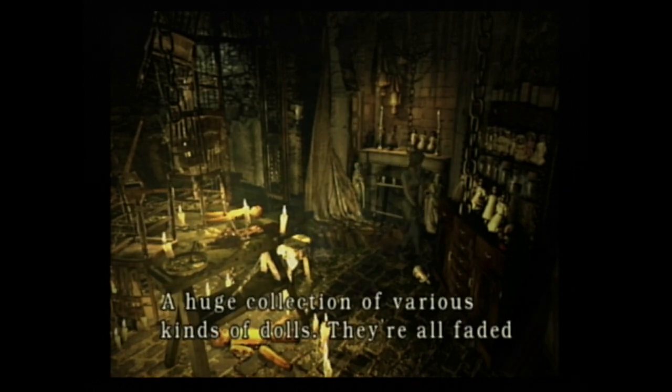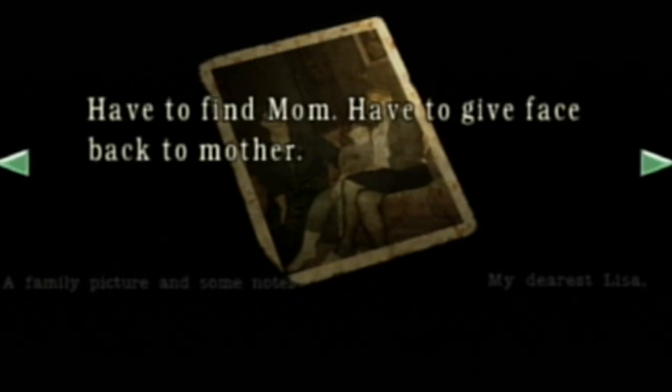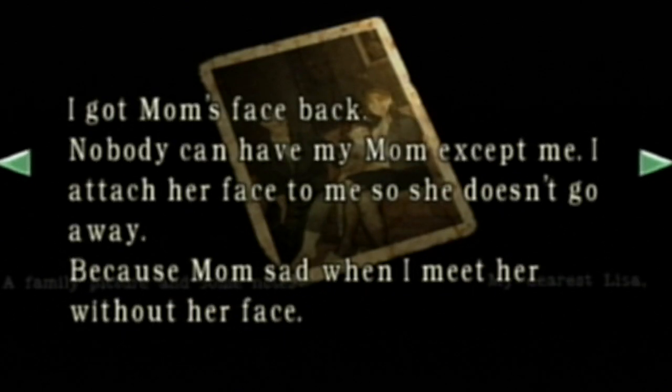She has journal entries that basically say she ripped off her mother's face and sewed it to her, so her mom can be with her at all times. You also discover diary entries from Lisa's mother saying how much she loves Lisa and how scared she is, and that they should plan their escape. Basically, Lisa was only living for her mother, and once she lost her, well, she's been a lost and tormented